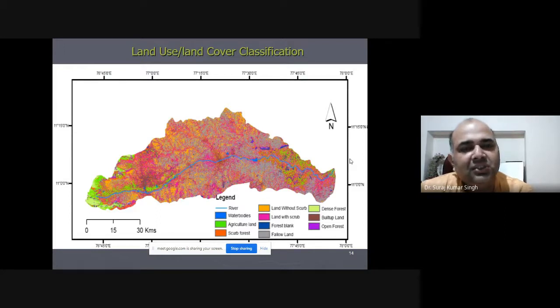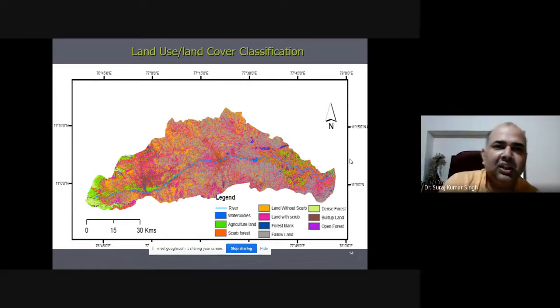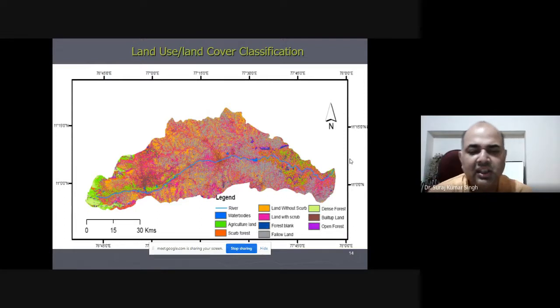So what does land use and land cover classification mean? Land use is all the utilities that human beings use on the ground, the land classified in the category called land use, and all the features that are natural in nature on the earth are classified under land cover. Means forest, water, hills, various kinds of natural landforms. Agriculture and other activities, buildings, all the things that we have created will be classified under land use.